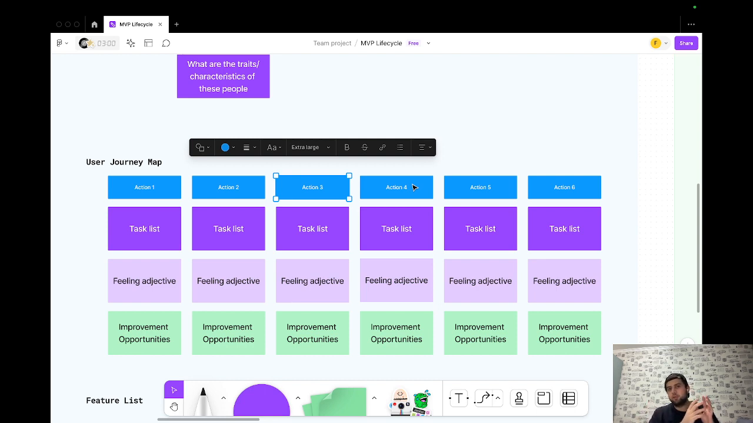A user gets to know the product from somewhere. They get to learn more about the product. They make a decision on whether they should make the purchase or look for some other products. They make the purchase, and then what happens post-purchase? So post-purchase is actually